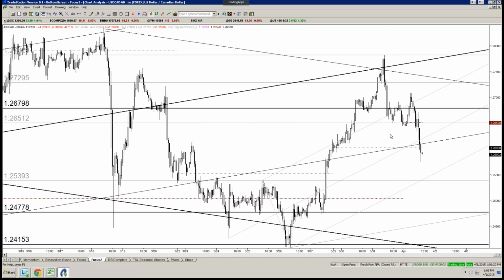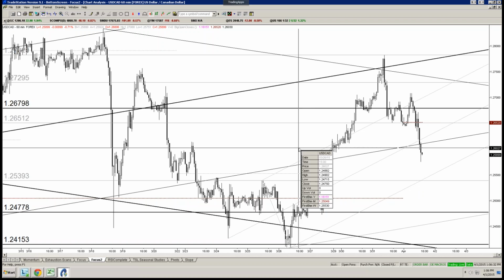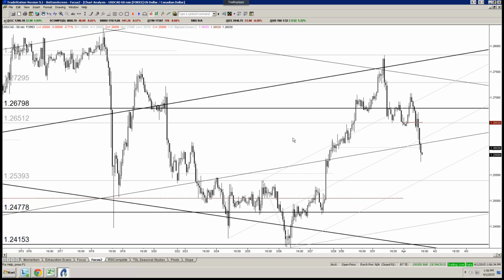I guess it was Tuesday's low, 2651, and obviously the new month just started, so 2652 would be the month open, okay? As you can see, we've already come back into the week open, so dollar CAD is unchanged on the week here, but we'll be looking at the 2650 region as an ideal area to try to get short, with a stop up above 2710, which is today's high.